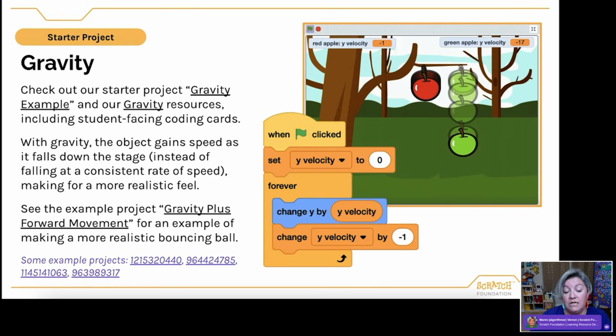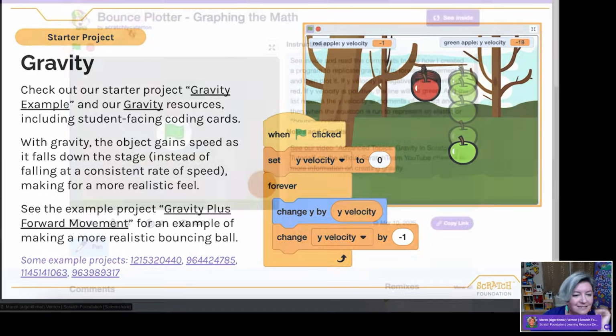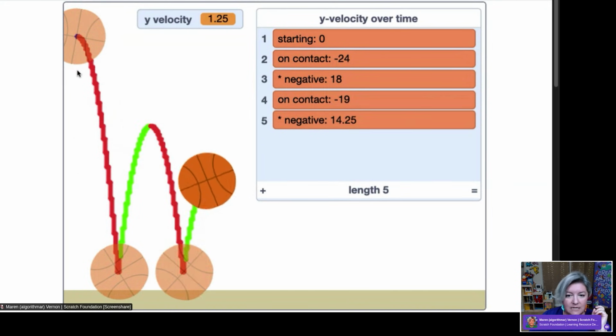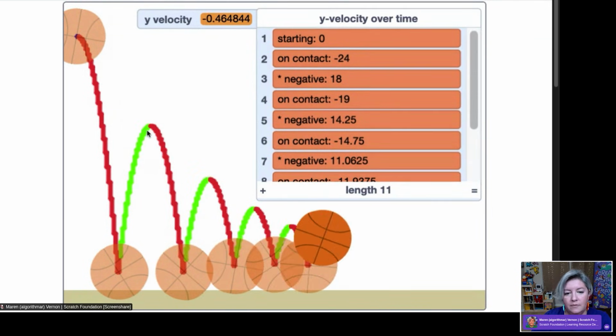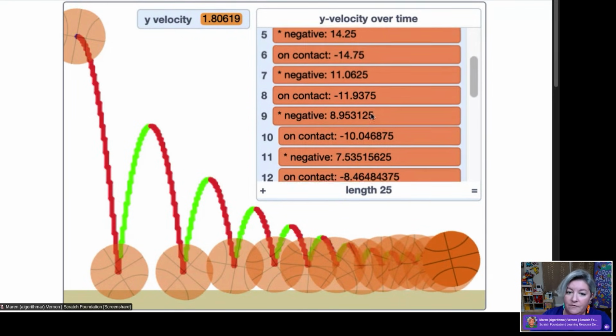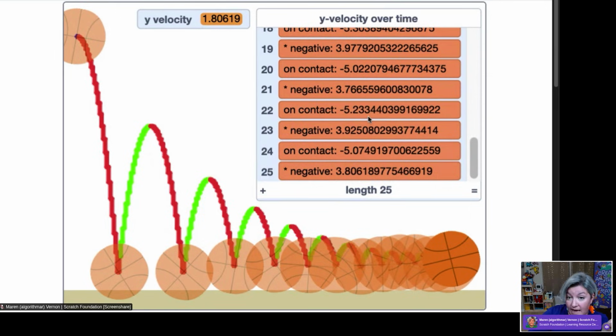Or like I have a project here that's linked, that's a bouncy plot where you can plot the course of a basketball as it is bouncing around. When it's going up, in this case, it's green. When it's going down, I have it showing in red. I'm plotting that information here in this graph, and then maybe I'm using that for some sort of a science lesson or a lesson about graph plotting and things like that. So just kind of a lot of different ways that you can approach this topic, whether you're using it in games or outside of that, that I think can be really valuable.